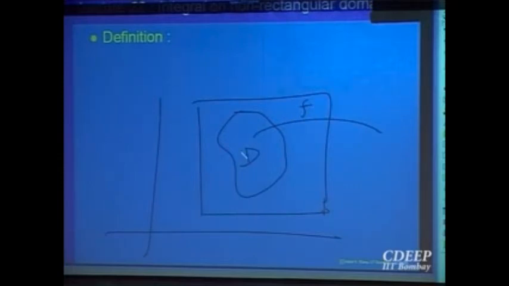I want to integrate. Essentially keep in mind, you want to find the volume above this D. D is the base over which you want to find the volume. But if it is a rectangle, I know how to find it. So essentially you want that the portion which is outside should not contribute anything towards the volume. So what we do is we extend our function slightly. We define a new function which is f on the part D and it is 0 outside, but inside the rectangle. The height is going to be 0, so it is not going to contribute anything towards the volume. So that is the basic idea. So let us do that.